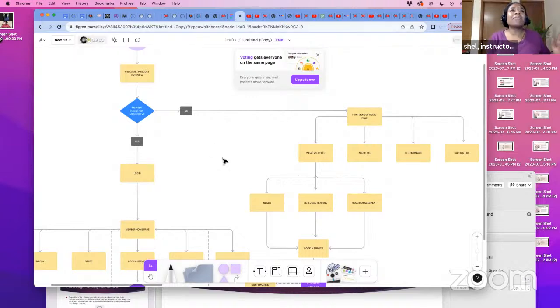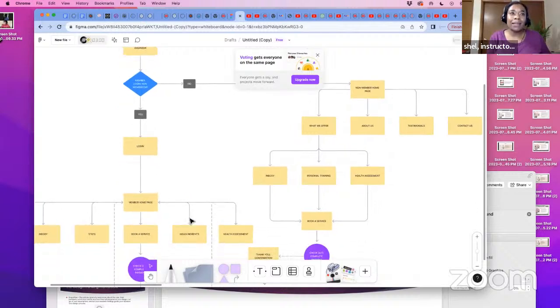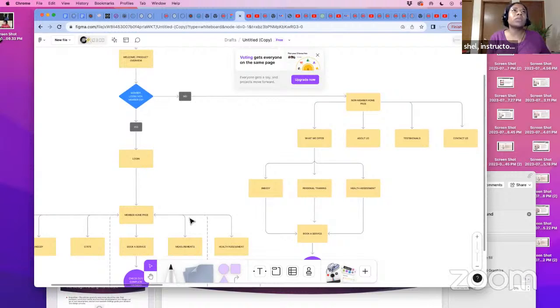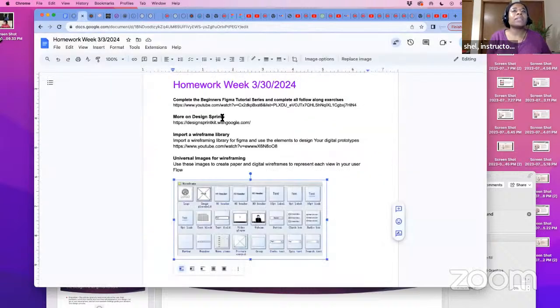You also need to have digital. So I want paper and digital workflows for each path. I want paper and digital wireframes for each view, paper and digital. So having said that, this is the link